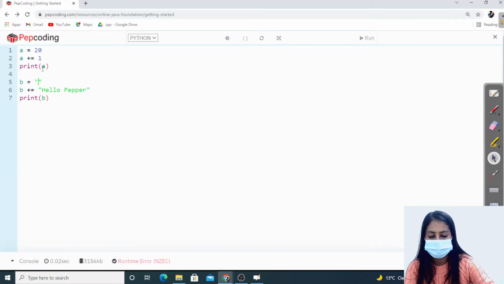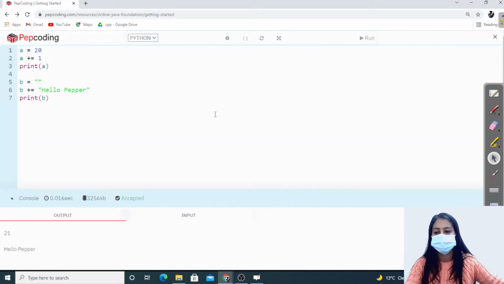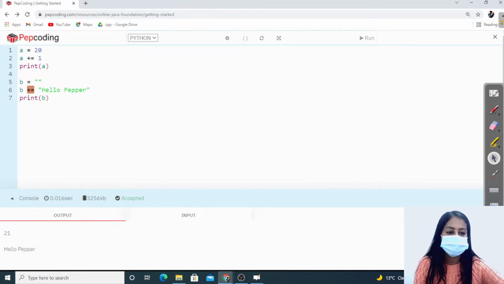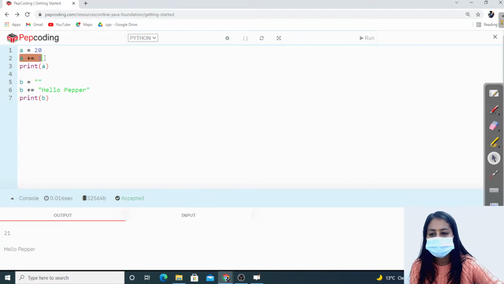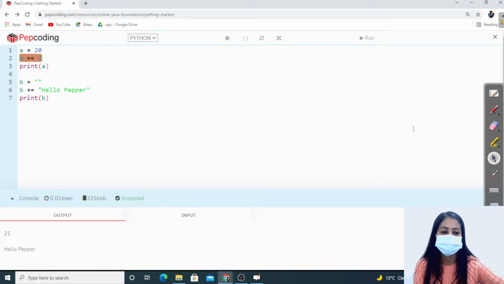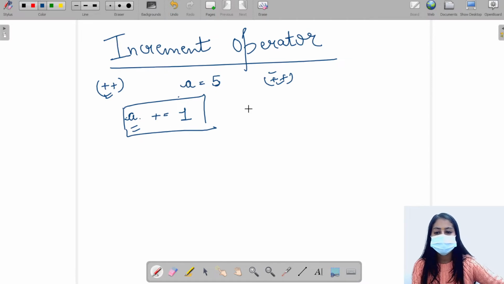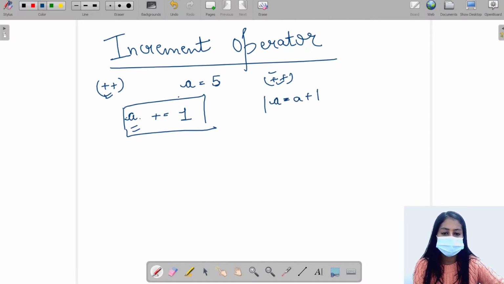Let's define this with an empty string first. So firstly the string is empty, after that I add some new string to this empty string by using this operator, right? So this is how this statement tells us how we can increment the value of a variable in Python.